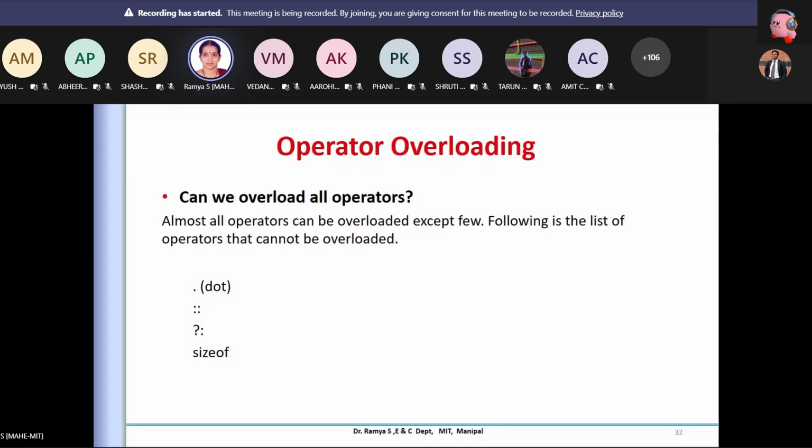Are you using any kind of software for executing this C program? May I know which editor you are using? Anybody tried some examples? C++, you may be done already, but let me know which editor you are using. Ma'am, I'm using VS Code. I think it always supports many things, right? Other than that, anybody? Most of you are using that only?